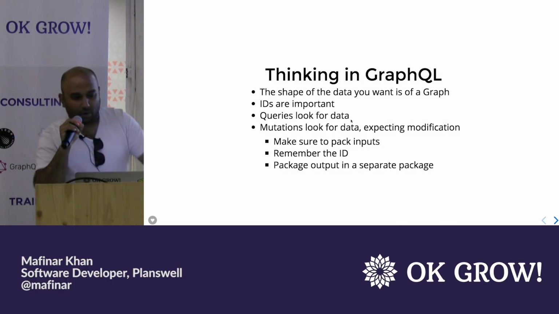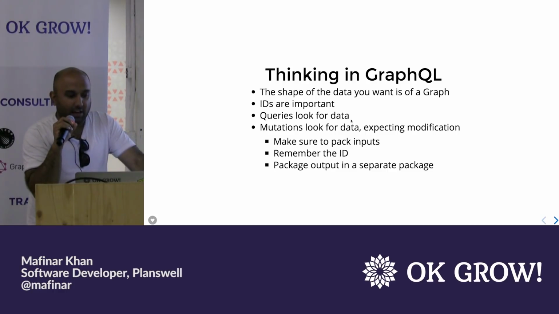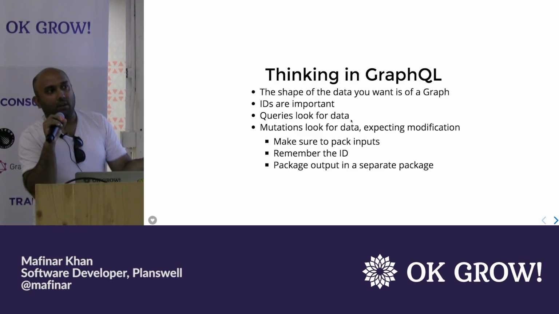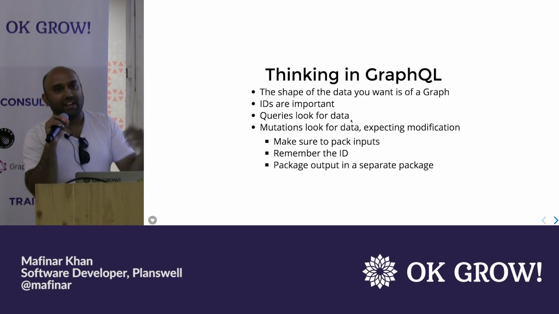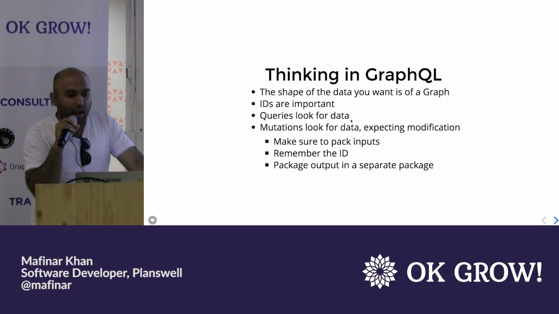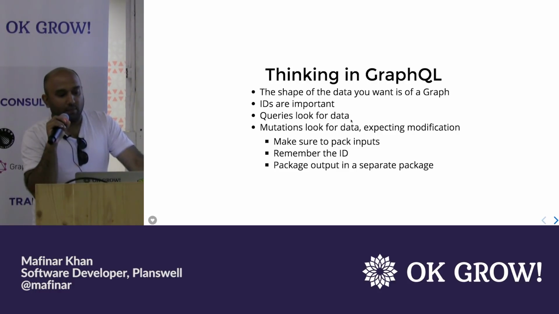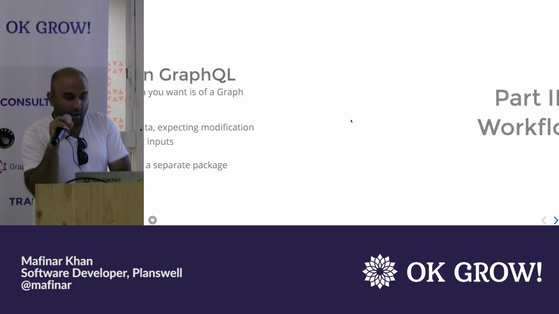So the APIs, there are a couple of nuances in GraphQL. One is IDs. Every mutation returns something, but you've got to make sure that you're returning the ID, and also it should be packed. That's a good practice, that you should pack your results as a payload as opposed to sending raw stuff from the mutation. And for queries, the inputs are packed the same way.